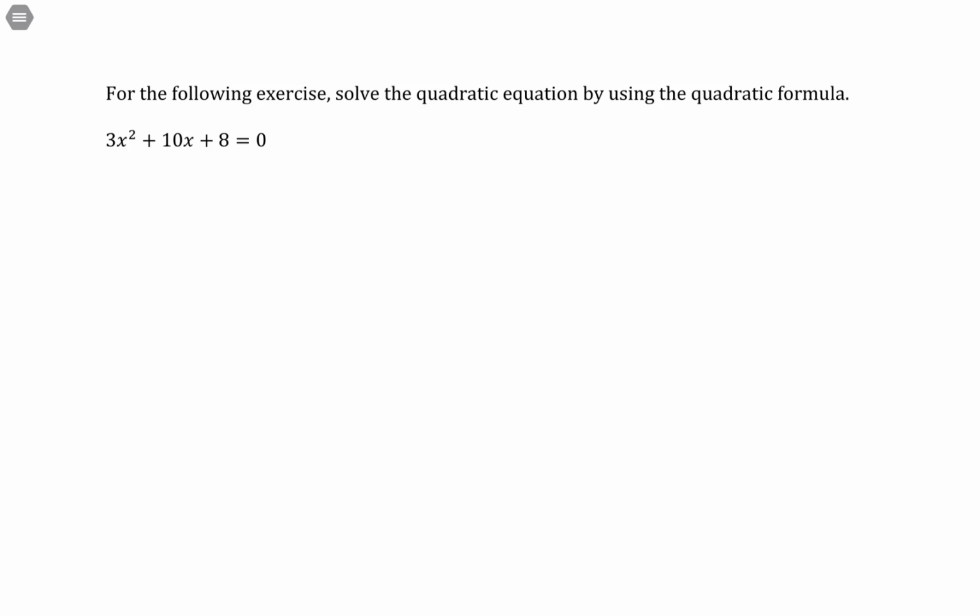So the thing about completing the square is that the leading term coefficient has to be divided away. And when I divide everything through by 3, I'm going to have 10 thirds here, 8 thirds there. It's going to be involving a lot of fractions, which I'd prefer to avoid if possible. So the thing that I'm going to try here is the recommended method, which is the quadratic formula, and see where